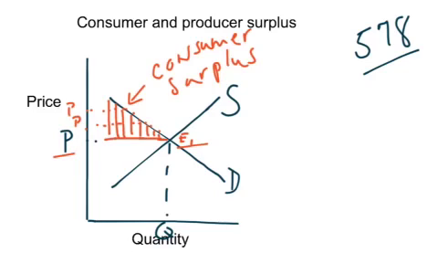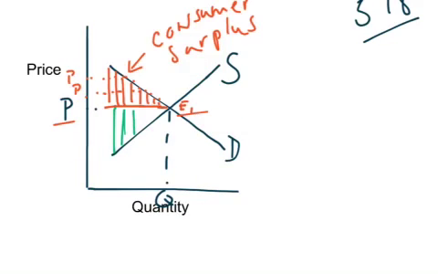So this is the consumer surplus, meaning that they were willing and able to pay more because it represents greater utility for them, but then they only had to pay the market price. So the consumer surplus is all of the area underneath the demand curve down to the market price. Then we switch to the producer surplus. The producer surplus is drawn from the supply curve up to the market price, because this represents for the firm